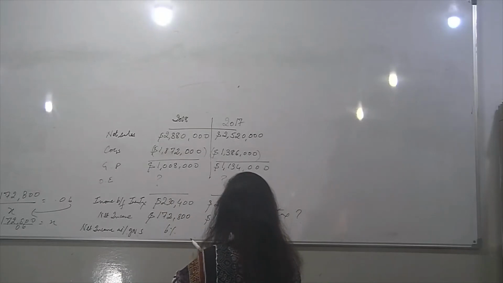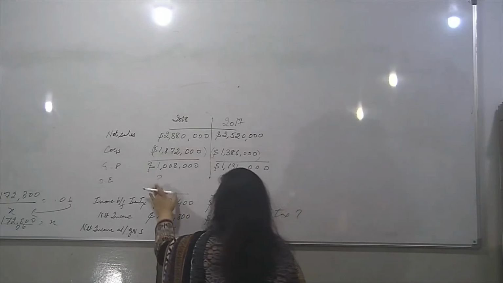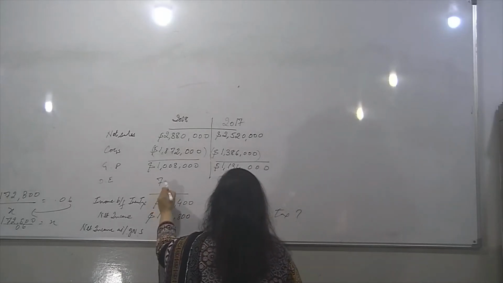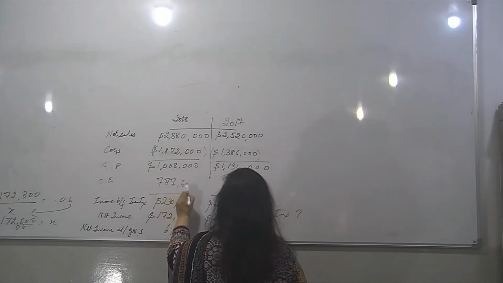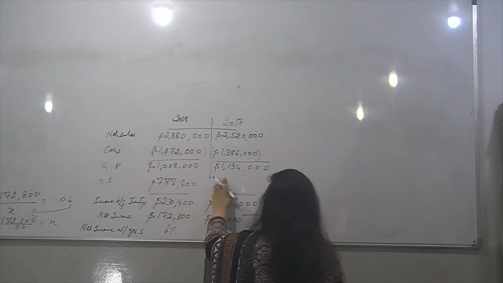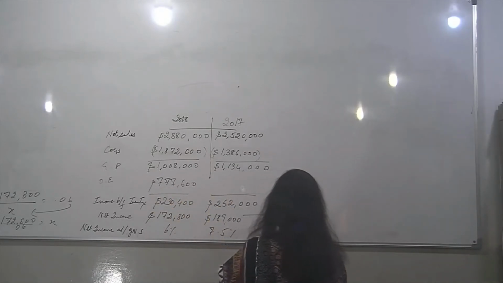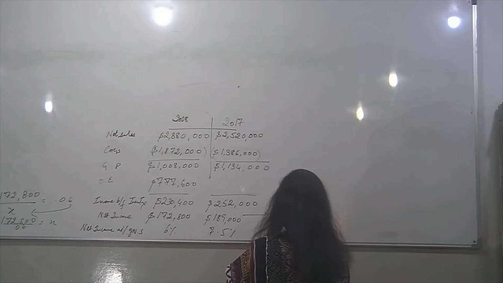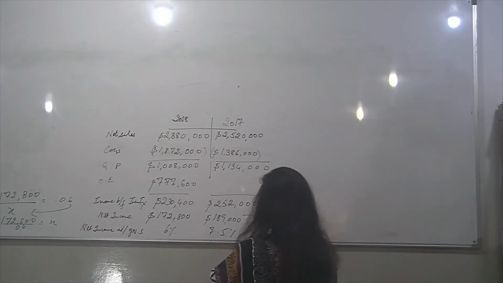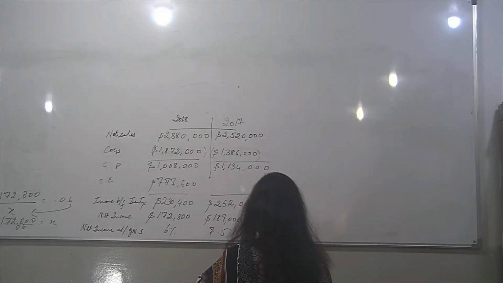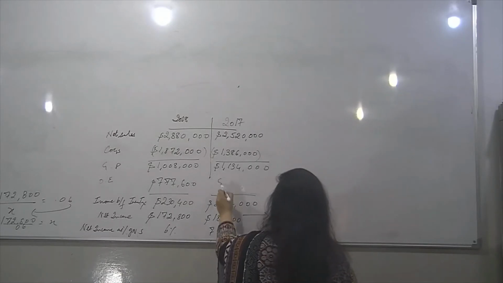So we have operating expenses as 777,600, and you can find out this as 1,134,000 less 2,520,000, and you have